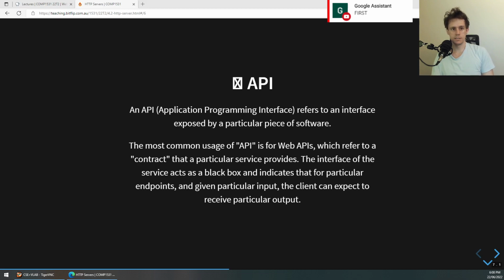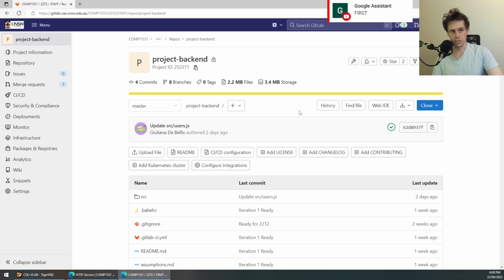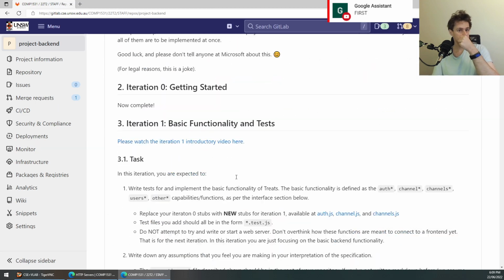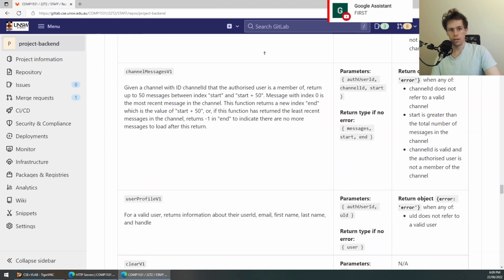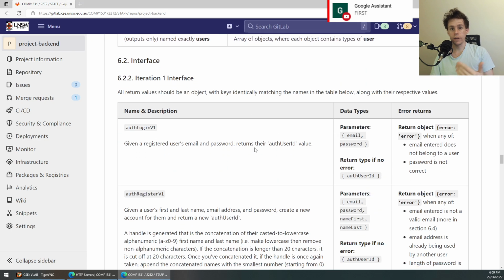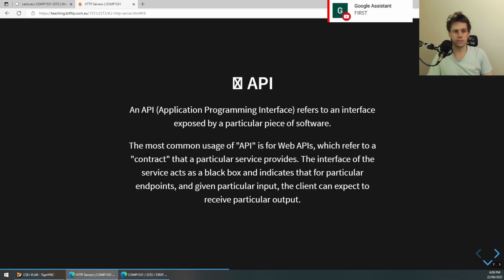The reason I point to this is that before we get abstract about it, I just want to point you to an interface that you have probably been interacting with a lot in the last few days, depending on when you're watching this, which is the project backend. And in this particular iteration 1 that you're doing now, we have this interface table. And all an interface really is, as per the slides, is